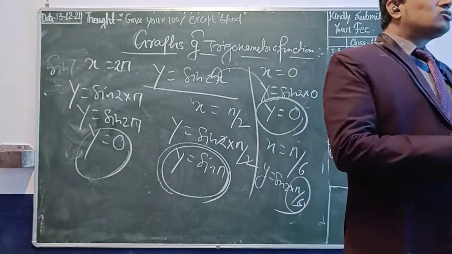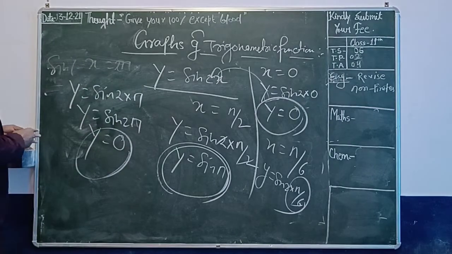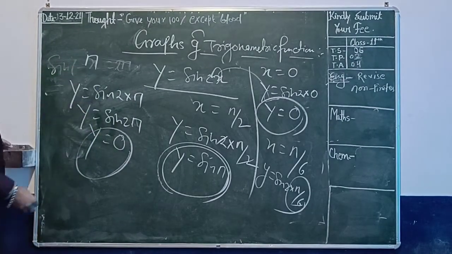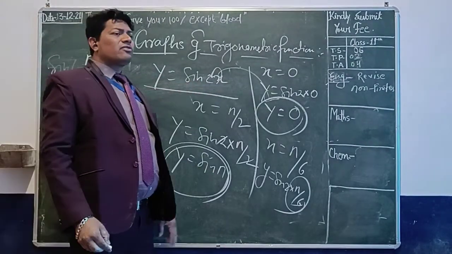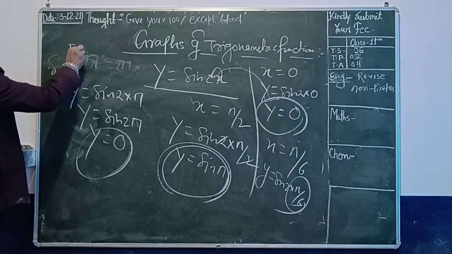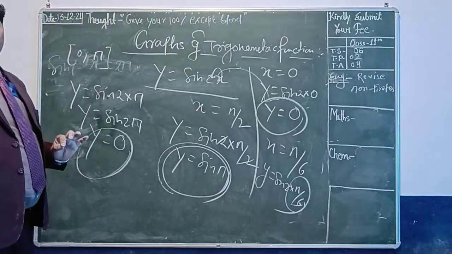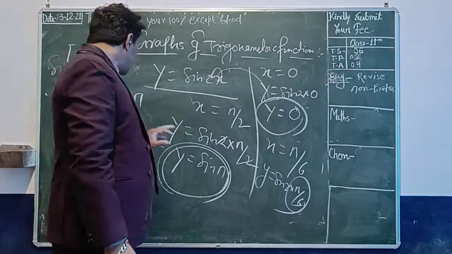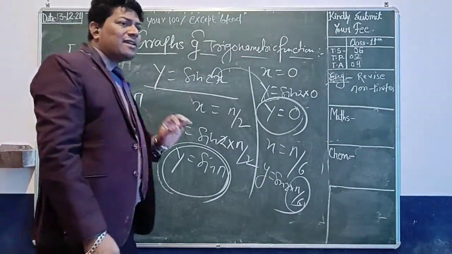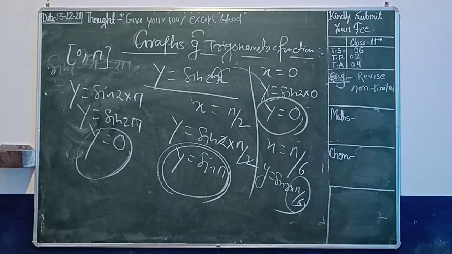Is it clear? So what you are actually getting is that if you take the period to be pi for y equal to sin 2x, this 0 to pi, then it will be good. Is it clear? It will be good. Yes, up to pi, you will get the value of 2 pi. अगर आप पाई रखते हैं तो आपको sin pi equal to sin 2x में आपको 2 pi की भी वैल्यू क्या हो जाएगी? और साइन का जो आप बाउंड्री लाइन आप बोलते हो दैट मींस 2 pi.